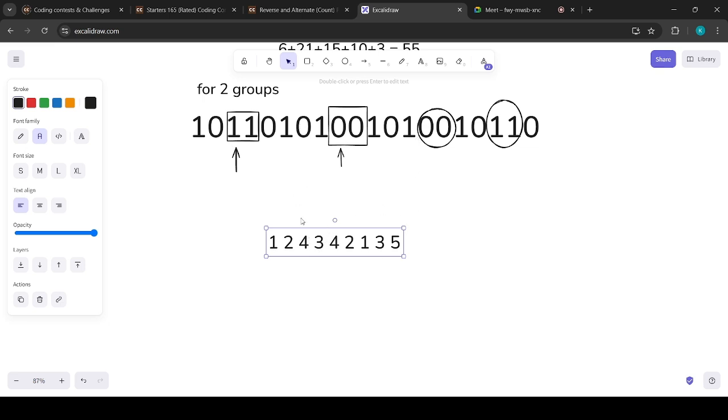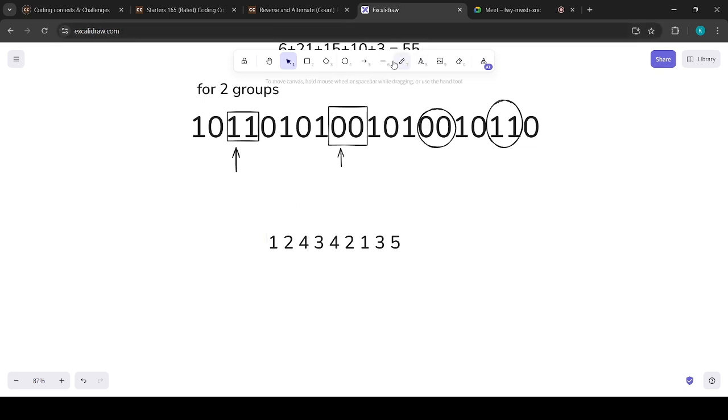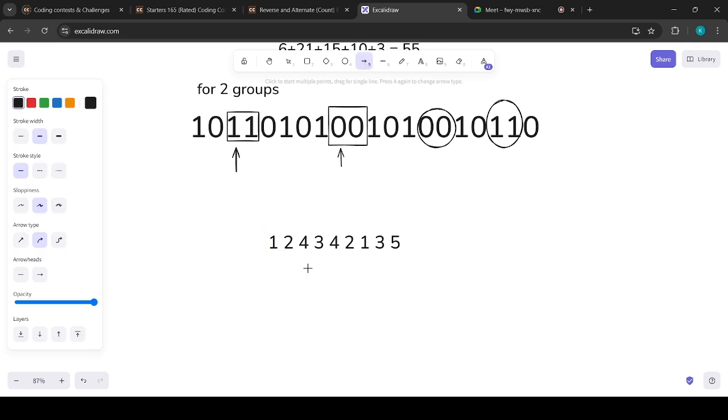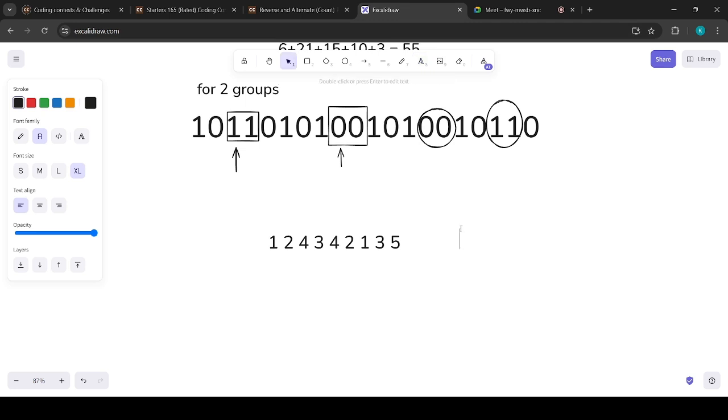So let's consider this example array, and if we want to calculate all subarrays having two fours,